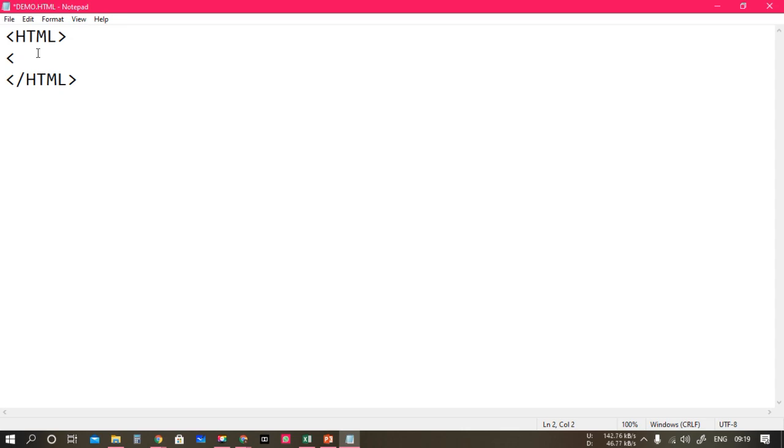Is it clear now? Head, and same goes for backslash head. Okay, now head and backslash head.